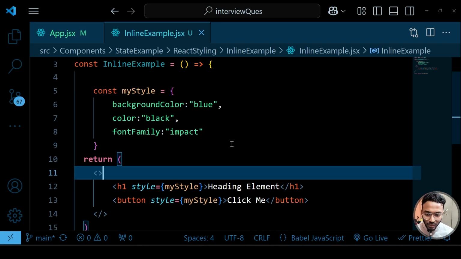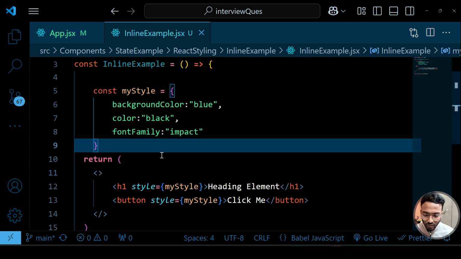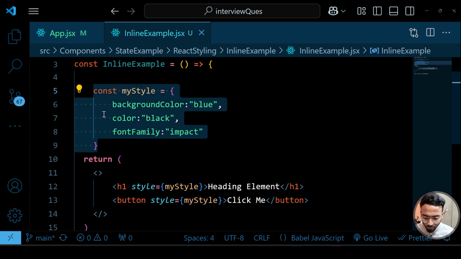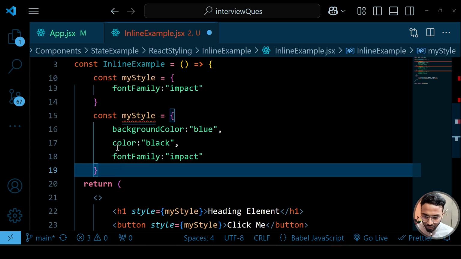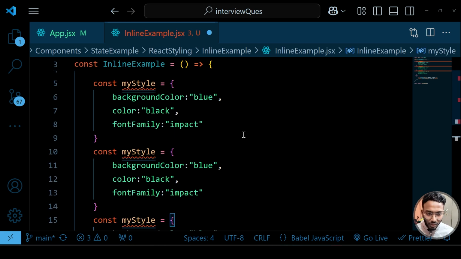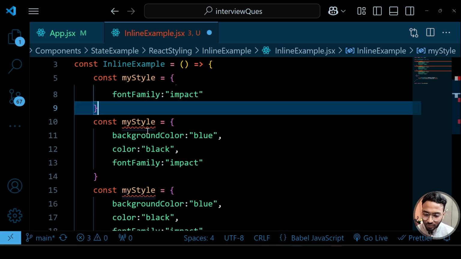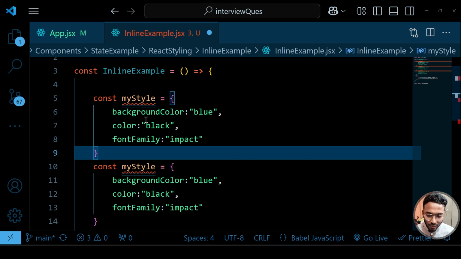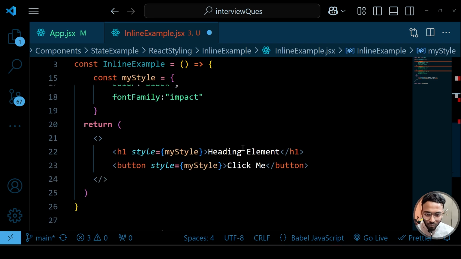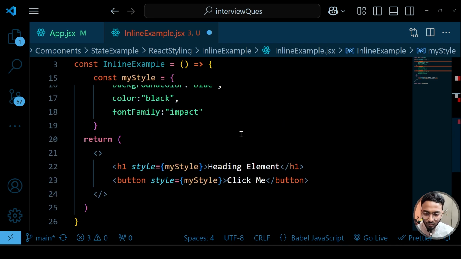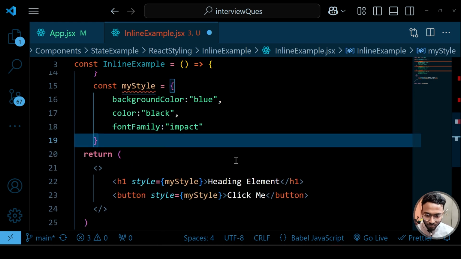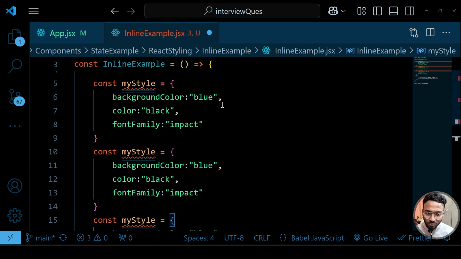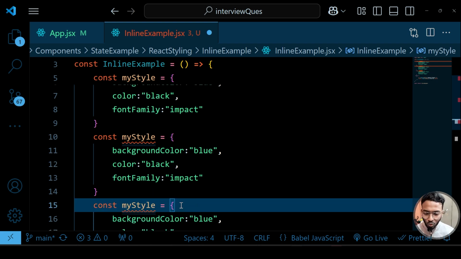But there is still an issue with this. Let's say we want to have more styling, and what we will do, we will define the styling again and again like this. As in our web page, we don't have only single styling for our elements, we have multiple styling. So we keep on writing the styles like this. We will end up writing lengthy code. So we will have lots of things in our same page only, in the component page, which would be again difficult to maintain. So to overcome this, we have